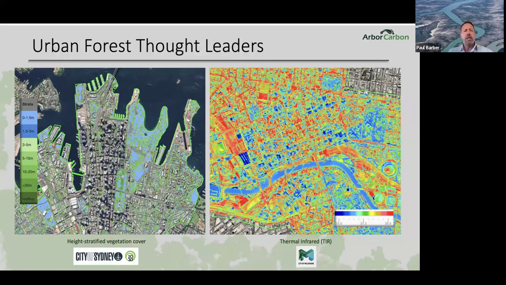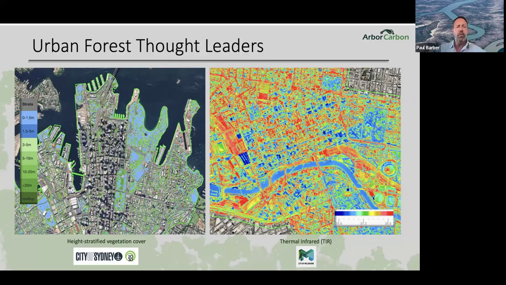On the left-hand side there, you see an airborne image as the baseline, which is the true color photograph. But what you see in those colored pixels is the height stratified vegetation cover derived from the ArborCarbon data sets. We can stratify the height classes of the vegetation as we wish. In this case, we even produced rooftop vegetation or green roofs, and we did that for the City of Melbourne as well. So they have entire teams working on green roofs. And then we can also classify things like turf and vegetation that's not woody, below 3 meters in height. And so you're seeing those height classes there on the left-hand side.